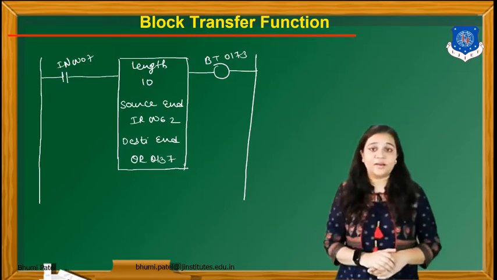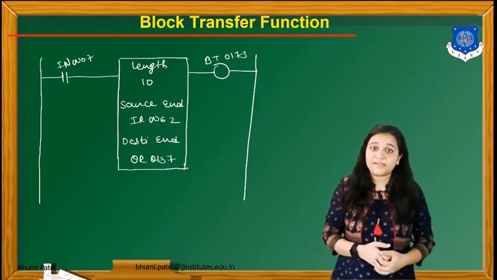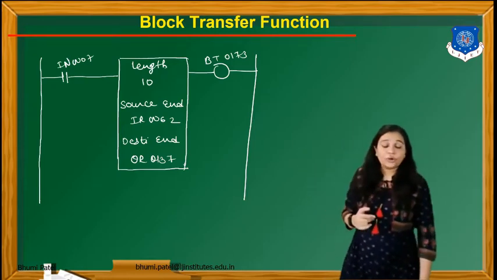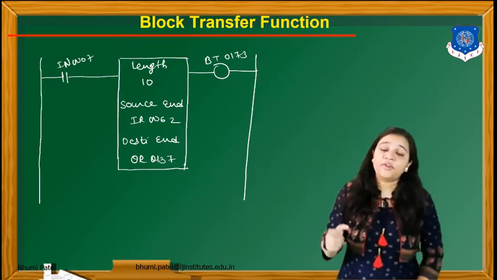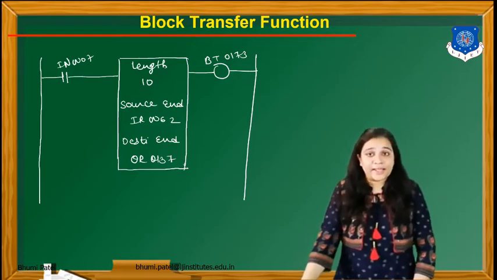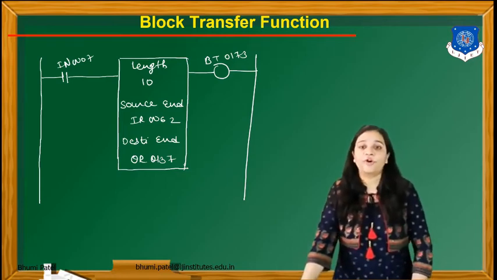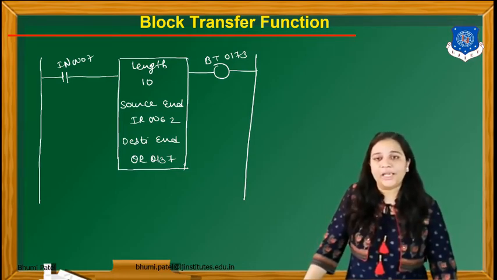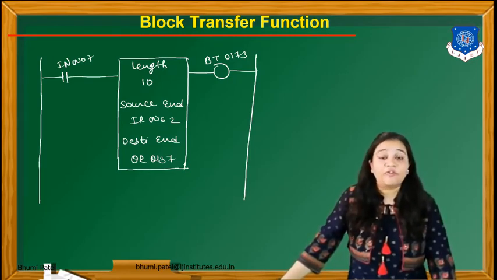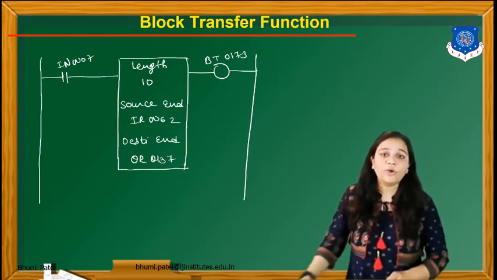Now next, in the block format we have to write the address of the source where it ends, and the address of the destination where it ends. So the computer knows that if the source address ends at IR 0062 and the length of the block is 10, then it starts from IR 0053. The same logic applies for the destination address. And the command for the block transfer is